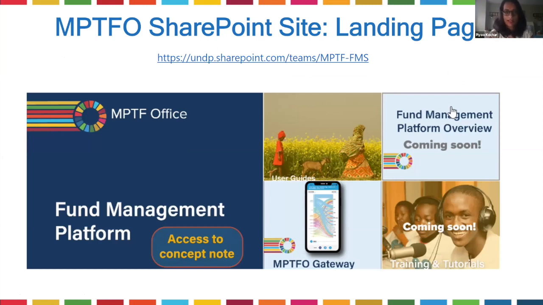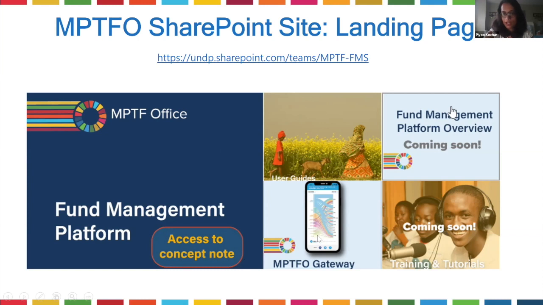So this is where you land up after you log in. This is the SharePoint site. It has the NPTFO platform. Because we're the only fund using it, we do get a little bit of prime real estate. The user guide that you see here is the COVID-19 user guide that's been posted here. But in times to come, as other funds start using the platform, we'll have a redesign of this page. But for now, for this call purposes, I think what you see is what you'll be seeing till you submit the concept note. So to access the concept note, you click here, access to the concept note.